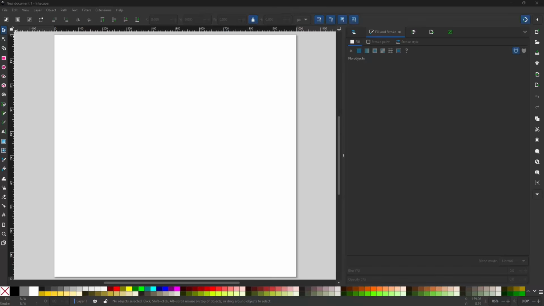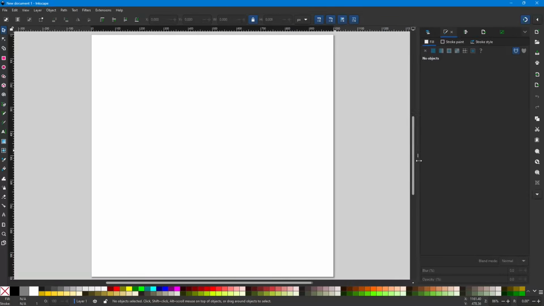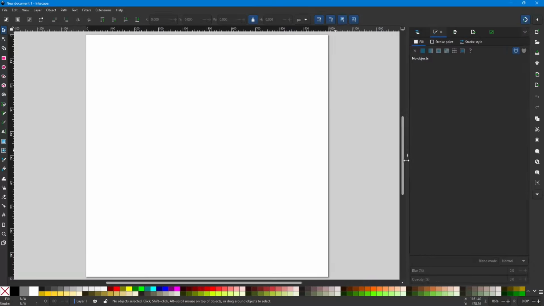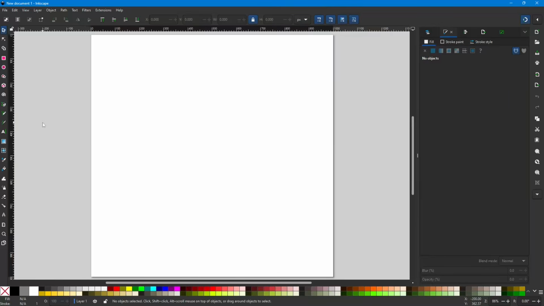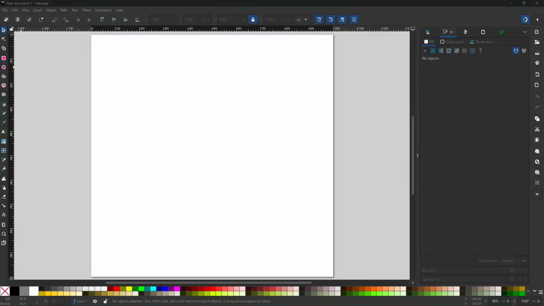Hello everyone. In this video I'm going to be showing you the different areas of the Inkscape interface, just to help you get a little bit of understanding of how the program is structured and how it's laid out. You'll see here that I have a version of Inkscape open, and right off the bat, one thing that I do want to share with you is that you can have multiple copies of Inkscape open at the same